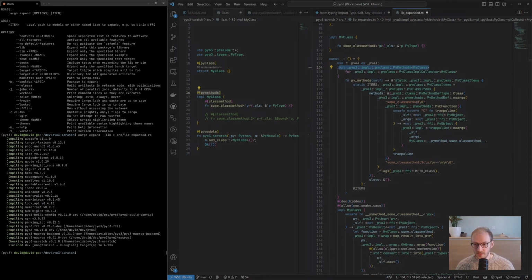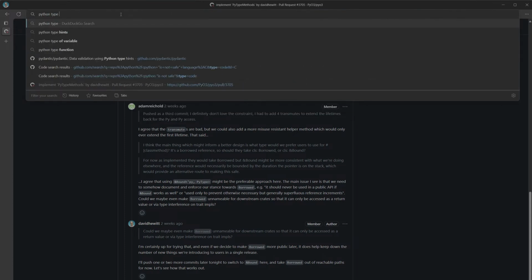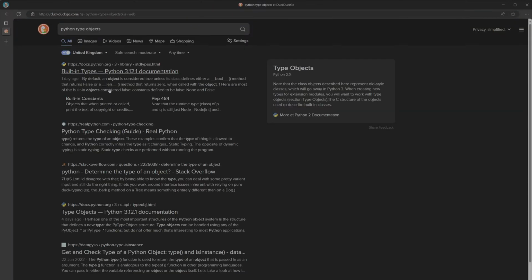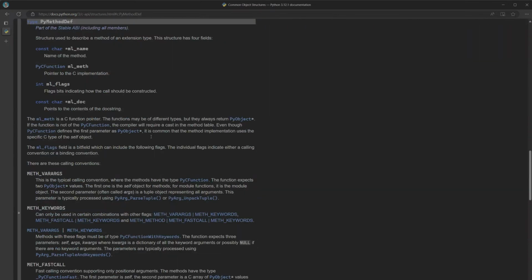If you've ever looked at the Python C API, then you might have seen some of these FFI definitions before. Let's see, I'm looking to try and pick it out. It's actually not super easy to see just from the proc macro output. Maybe I'll switch over to a web browser for a second. So we're heading towards, I think this is probably what we want. Yeah, so